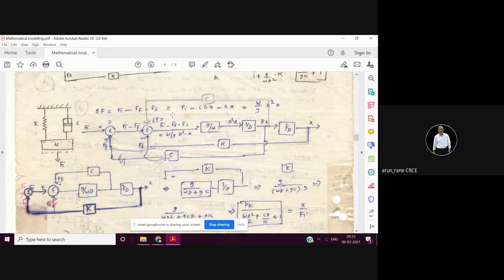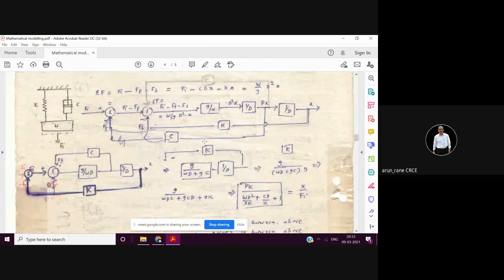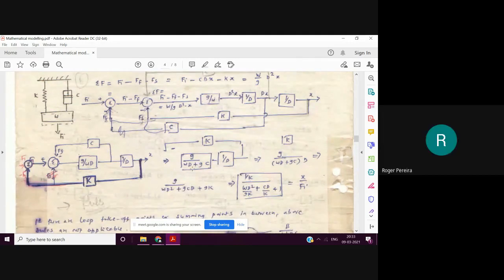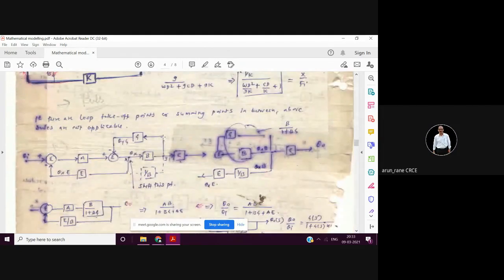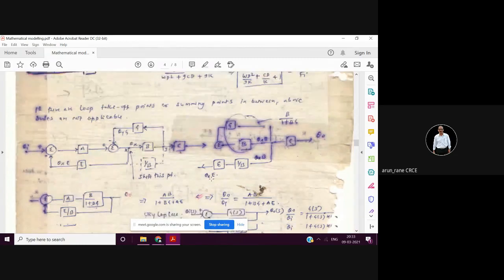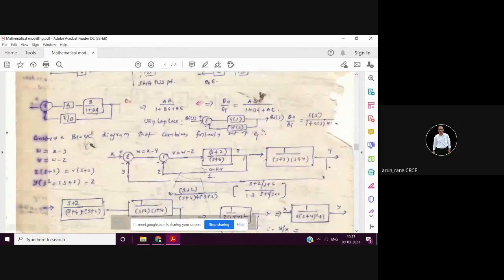So here from this, initially we prepared this, and finally we got this. And over here, this is given, and it was asked to reduce. Now here, the question, these four equations are given. Alright, so now w is equal to x minus y. So we will first prepare the initial block diagram. We'll try to fit this equation in a block diagram.